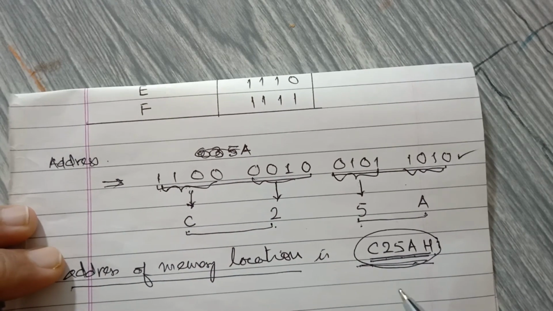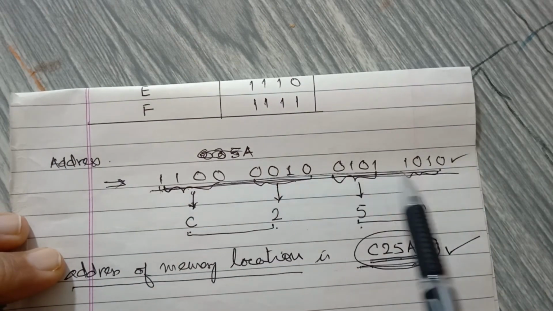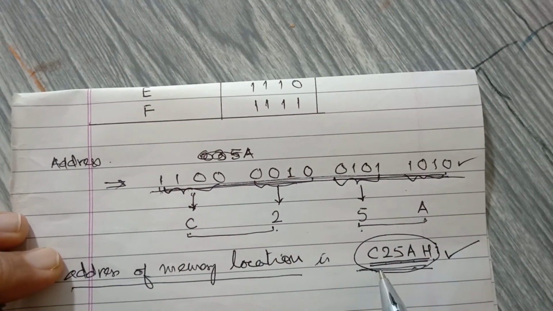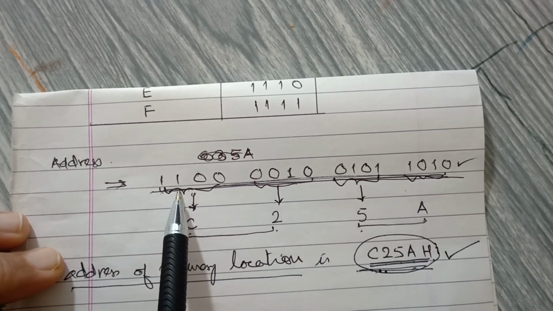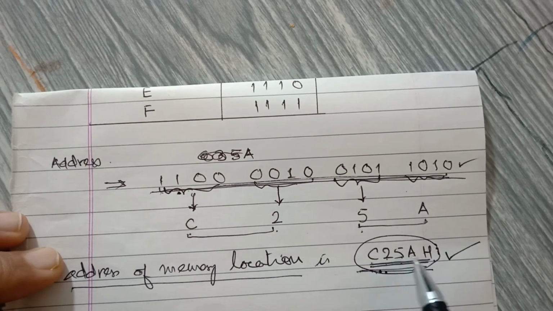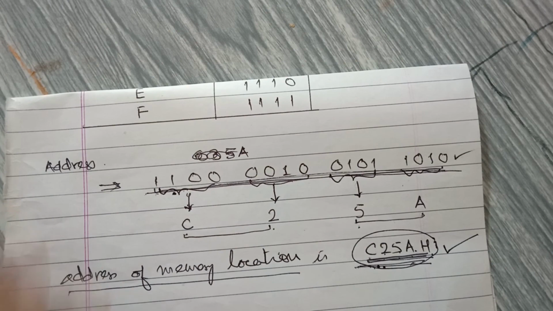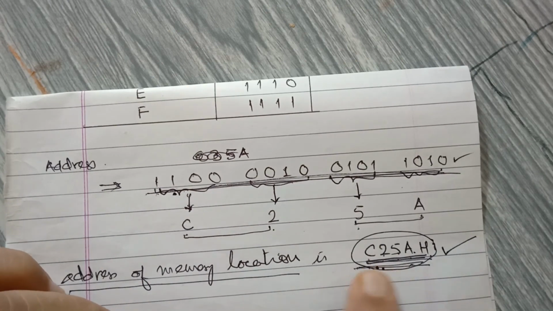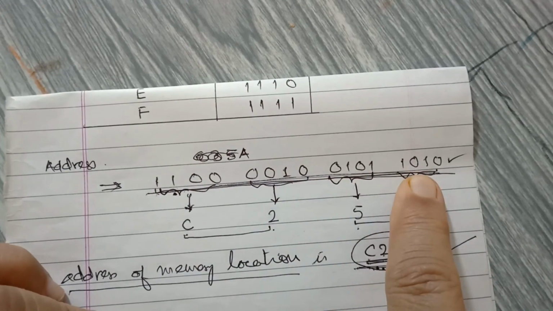Why? What is the reason we are going to use this hexadecimal notation? Of course, the microprocessor understands only binary. Everything goes into binary. But this is just for our convenience, because for representing a 16-bit address, we need only 4 hexadecimal digits. Moreover, in hexadecimal we have 16 distinct symbols, and that's why the numbers are very easy to remember and easy to identify compared to binary, because in binary we have only zeros and ones.